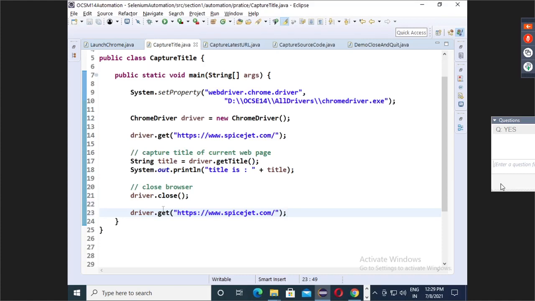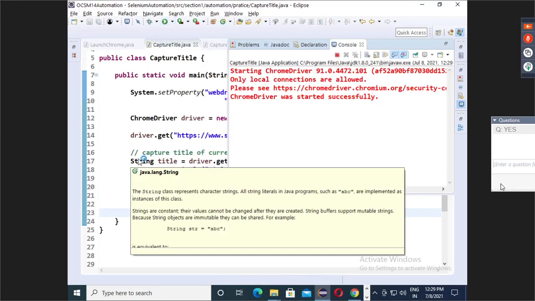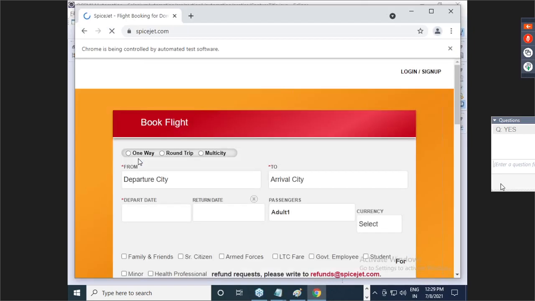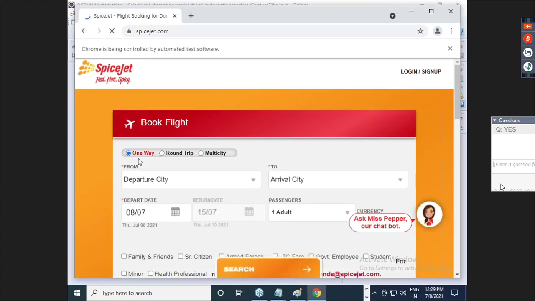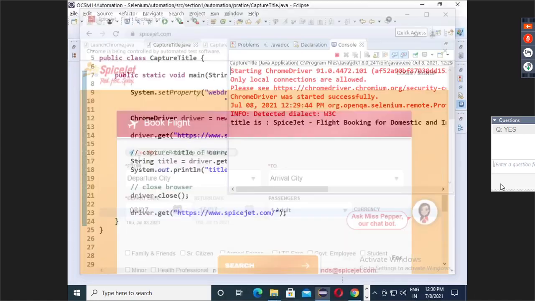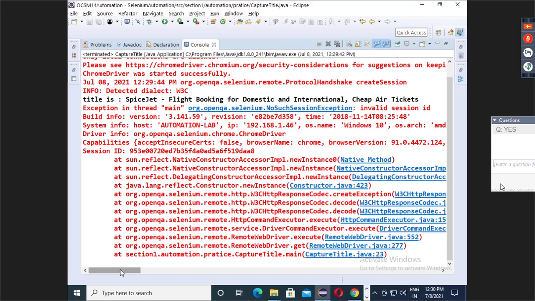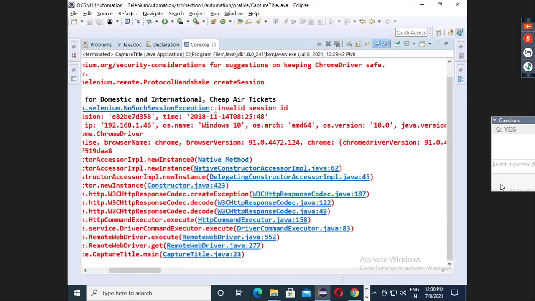So guys, now run, see what happened. Guys, are you getting a beautiful runtime failure? Are you getting the exception? NoSuchSessionException, invalid session ID.